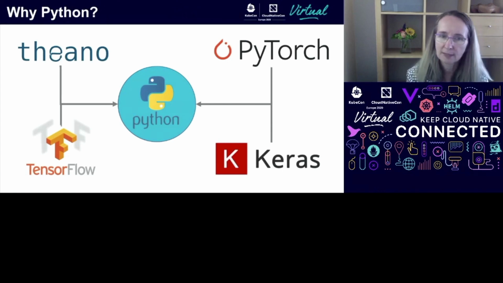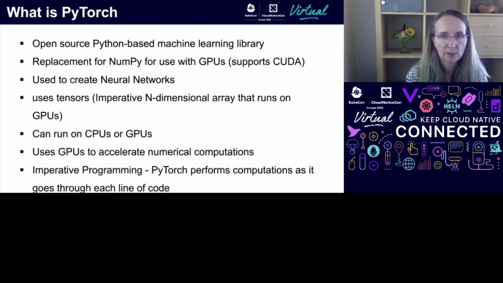Another really nice thing about using Python is that in your Python code, you not only have access, in our case, to the PyTorch library, but you also have access to NumPy, and you can move these multi-dimensional arrays back and forth between NumPy and PyTorch very easily. The API is very easy to work with, and I think that's why researchers and programmers like it so much. Next slide, please.